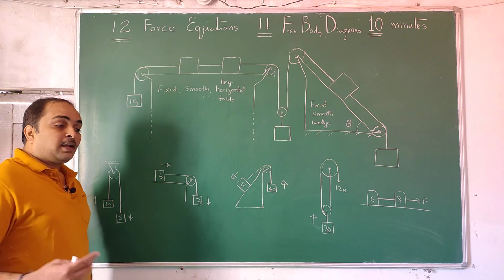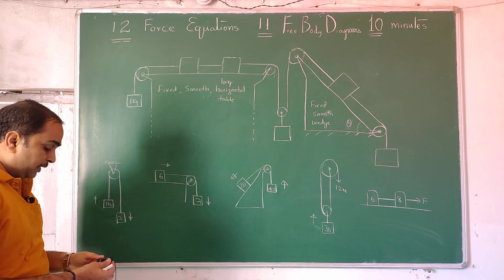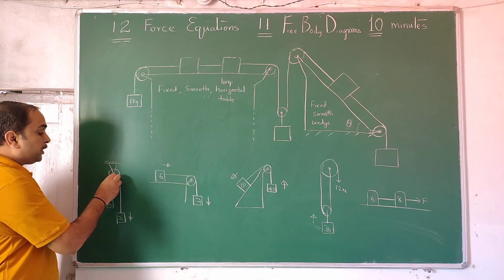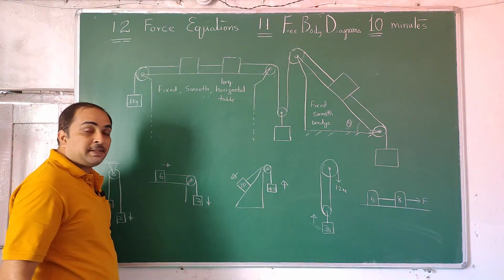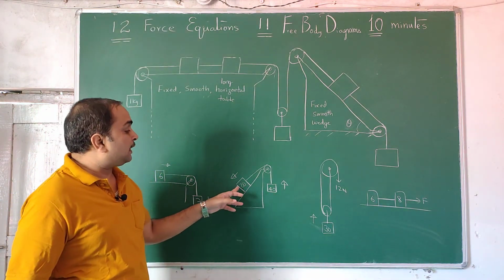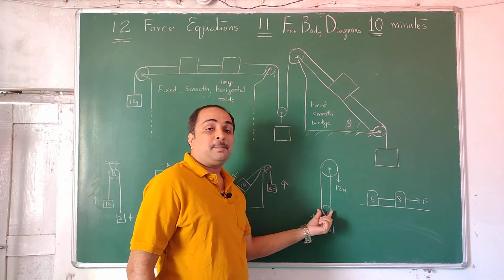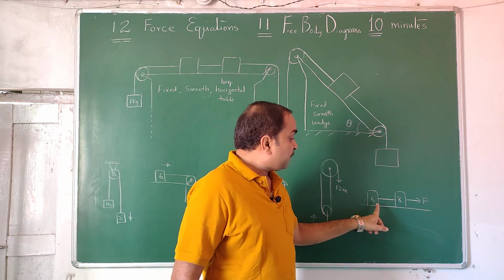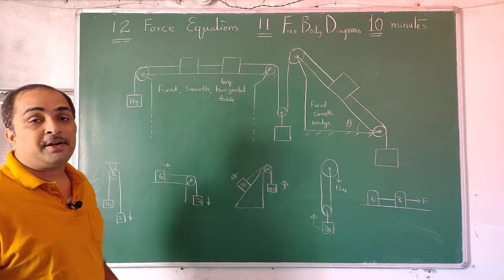Whatever I have seen when I was doing these problems multiple times, you'll have something like this. One will be going up, one will be going down, which we call an Atwood machine. Similarly, we have a surface with one block on it and a hanging block. Then we have a block which will be hanging, another block will be on the incline. Next, one block is connected to 2 or multiple strings and pulled up. How to deal with it, that also I'll teach. And here we have 2 masses pulled by a force. This kind of problems you will be seeing at different places.